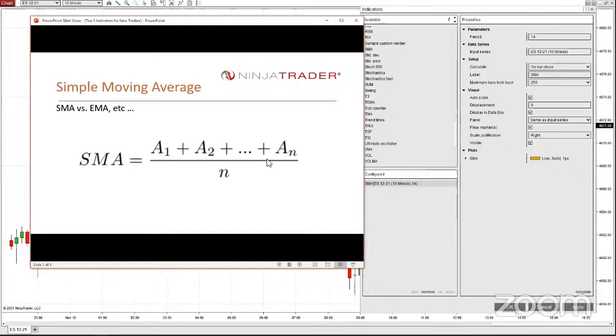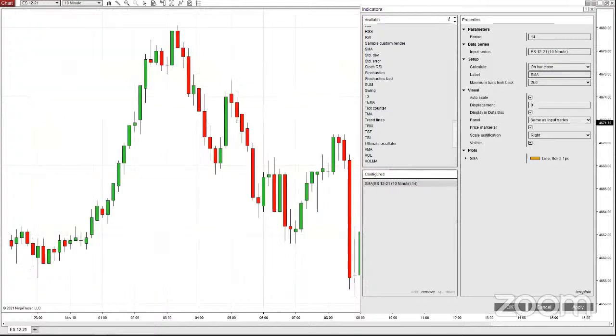Simple moving average. This last number here, A to the N, is the actual candle that we're in right now, and it's not completed yet. It's moving around, and it's being calculated at every price as quickly as possible. So that's the equation for that. It's really, really straightforward. There are exponential moving averages, Wells Wilder, Hulls, double exponential, triple exponential, and the equations are all a little different, and they weight the data differently, but we're going to keep it simple.